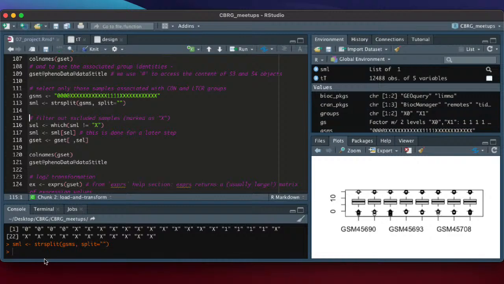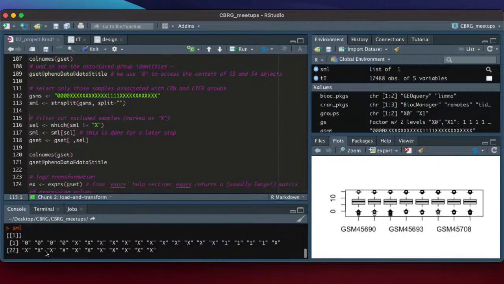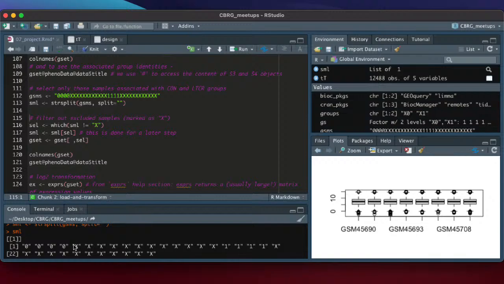Run it and take a look. SML. And so what we see here is, sorry, I have my Siri on. Go away. What we see here is it kind of looks like a character vector, but if you look closely, it's like 1 to 20 something. All of this is actually within something else. So if we just run this like this and try to run this,